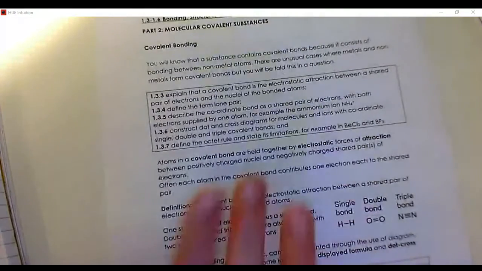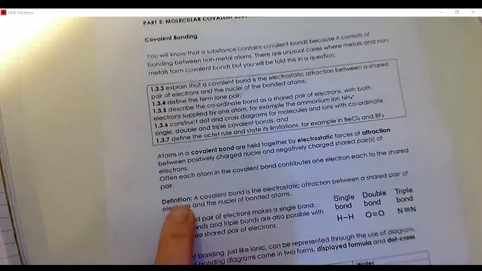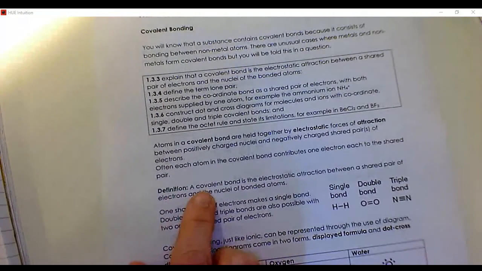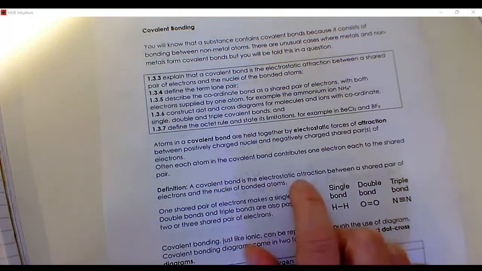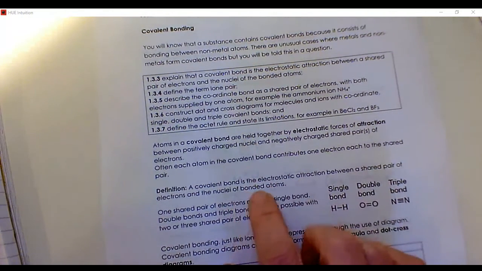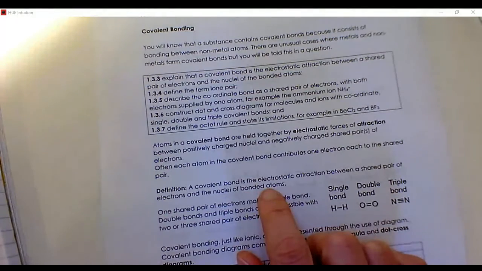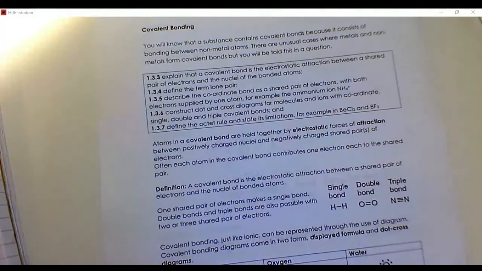Now, you can read this yourselves. You need to know this definition. It's slightly different to GCSE, where you had a covalent bond as a shared electron pair. It's still a shared electron pair, but now you're talking about electrostatic attraction between the shared pair of electrons and the nuclei of bonded atoms, right? So all that's saying is that you have